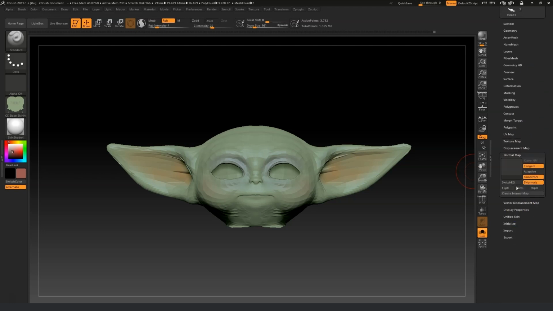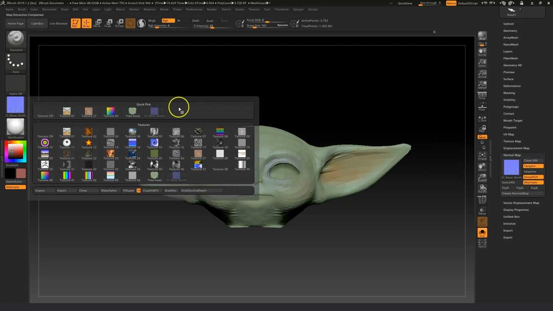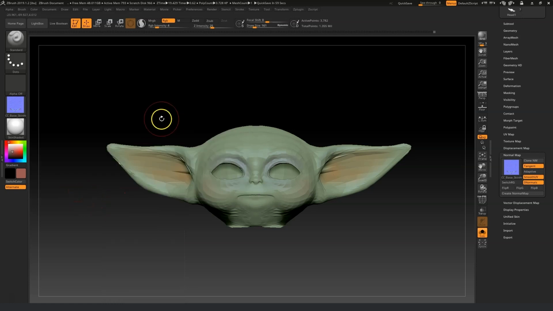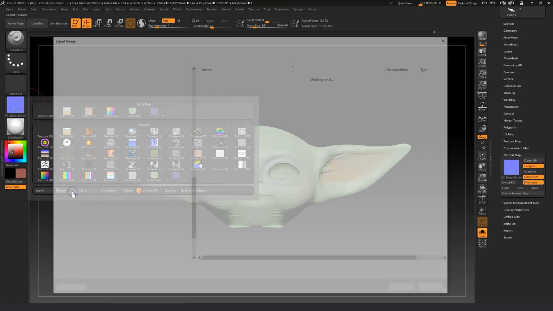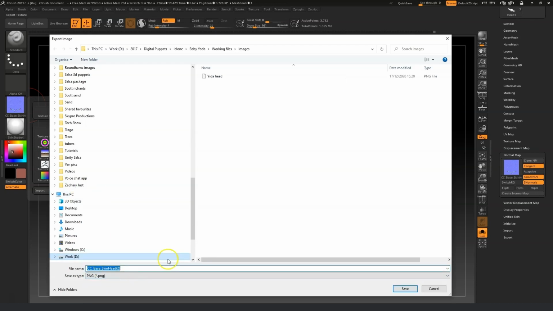So we go to normal map and press create normal map. Same thing again, clone normal map. And yeah, we can adjust these and fix up any issues that we've got in these as well. Like there'll be some issues on the normal map. But we can export that. Same thing again, PNG, Yoda, normal,